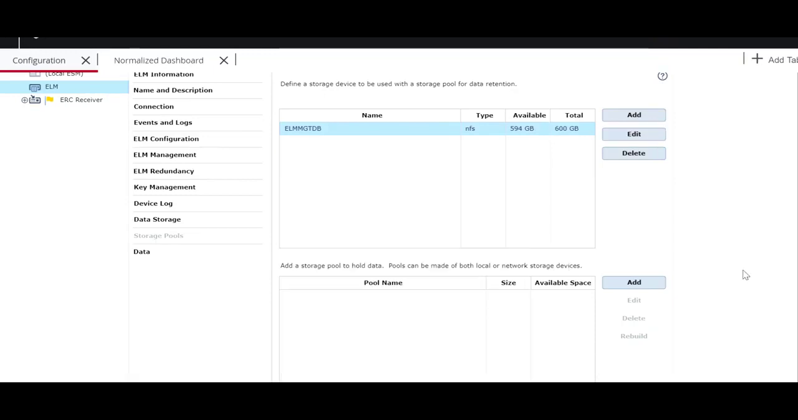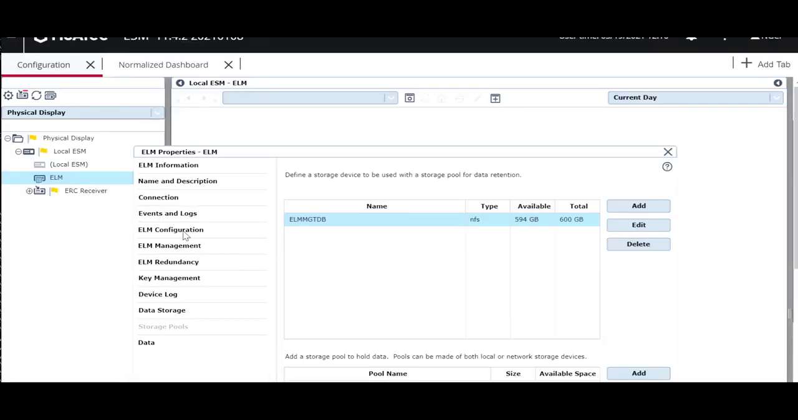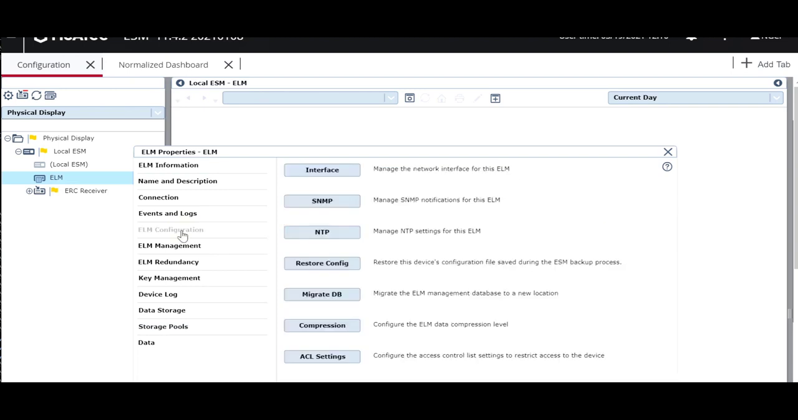Next, we'll be migrating the management DB to this location. To migrate the management database, you need to go to ELM properties, click on ELM configuration. In that, you'll have a tab for migrate DB. Migrate the ELM management database to a new location. At present, the management DB is present on the ELM VM on user local ELM MGTDB path. So we are now migrating it to an external location. If you click on migrate DB,